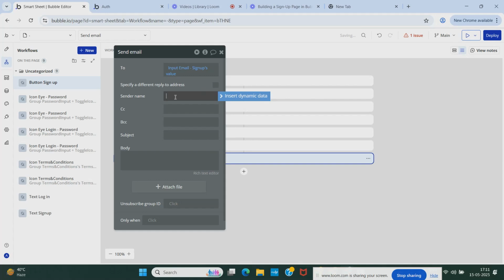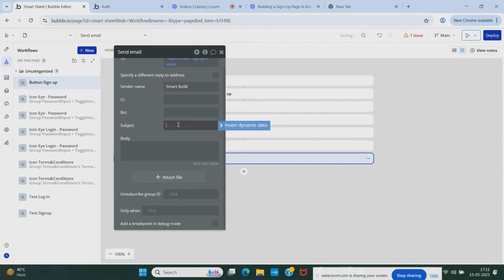Send a name you can choose. I don't want to check the specify a different reply to address. Sender name, let's say the app name, which is going to be smart build. CC, I don't want to BC, say for subject, let's say